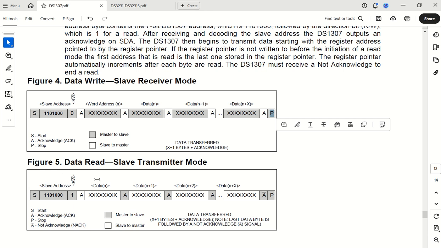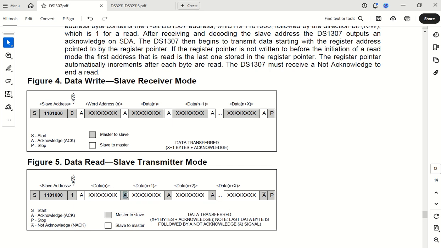So if I want to read data from it, there will again be a start condition from the master, and as you can see, there's again the D, but then 0, 0, 0, 1, that becomes a 1 in other words. So if I write something like D1, it means the master writes D1, it wants to read data from the slave device. As you can see here, this is again the acknowledge from the slave, and then the slave will start to transmit data.